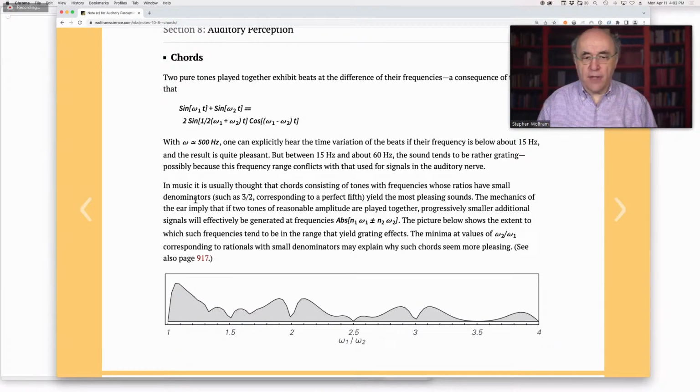That's a 3/2 ratio of frequencies, or an octave, a factor of 2 ratio of frequencies, sounds good, but there are other chords that don't sound good. And so I was really curious, how could I tell what our auditory system is picking up that makes chords sound good and bad? And I had kind of a simple hypothesis that I think is actually quite good and interesting, which is that when you have two notes that have a certain difference from each other, there will be harmonics generated of those notes.